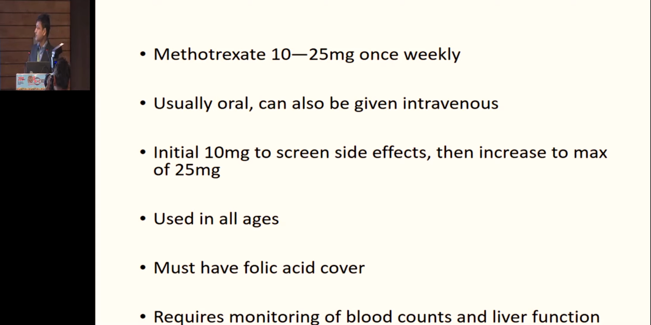Both mycophenolate and methotrexate are quite well tolerated in children, but methotrexate is preferred, and it's actually the first agent that's preferred in juvenile GI-associated arthritis. It's usually oral, but it can also be given intravenously if you want a higher additive effect. We give 10 milligrams for the first month just to screen out any side effects, and then it can be increased up to a maximum of 25 milligrams, and it's very well tolerated in